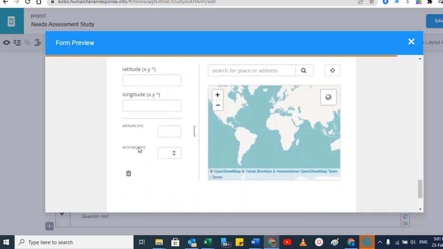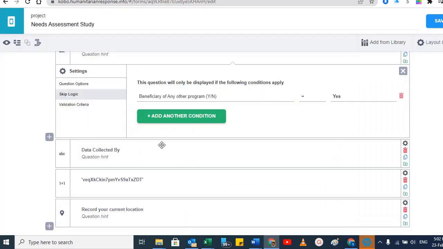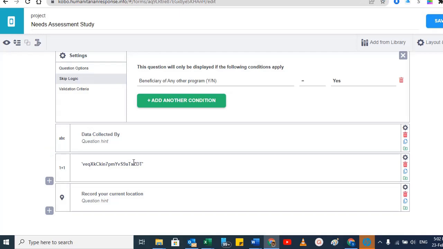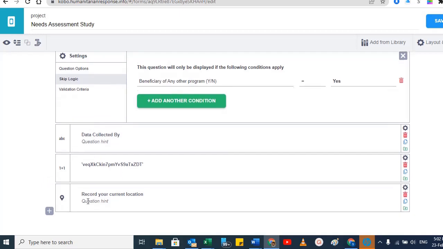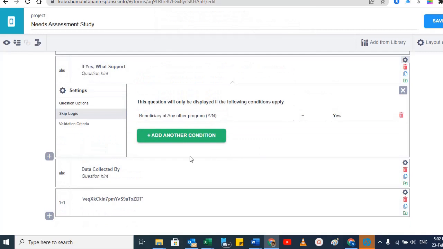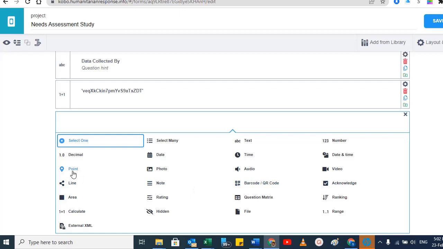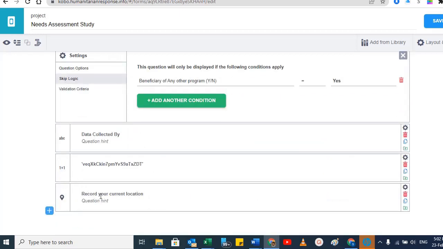Now this location question we also added there, if you saw in the previous session. How did we add that? If you want a proper map of the data collection at the end, showing where we have collected this data, you have to add this question. Record your current location. How can we add this? Let me remove this one first. Add a question, here this point, click it. Now it will record their current location. Now how it works, save it,